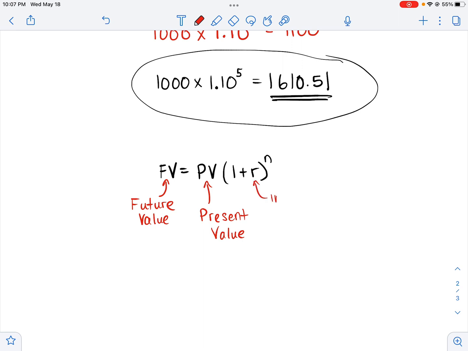That's your interest rate, as a decimal. And this is your, we used T in the last one. So you could also use T, but this represents the number of periods. So compound interest gets a little bit more tricky than simple interest. And it turns out that